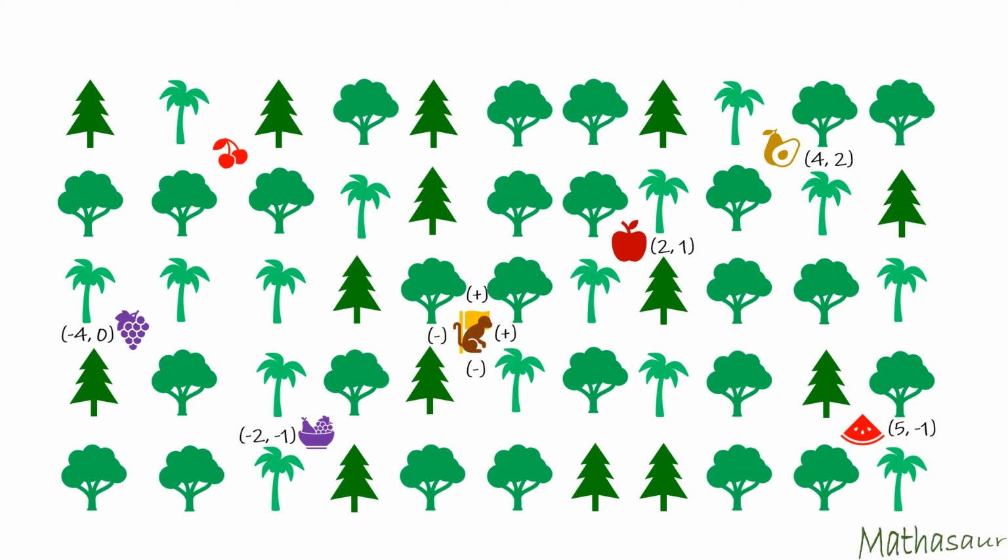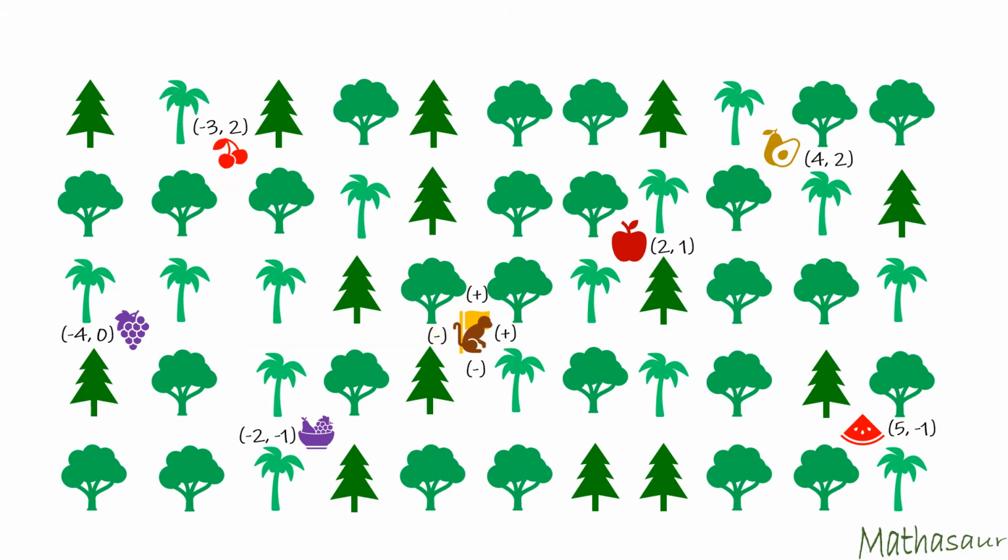Now let us try to reach the cherries. Bear in mind that we are starting from the original position, which is the yellow flag. Now the monkey has to cross 3 trees to the left. As you can see, we have marked the left direction as negative. So the monkey shall go -3. And he shall cross 2 trees up. Now the upward direction is positive. So I shall call that 2. So the position of my cherries becomes -3, 2.